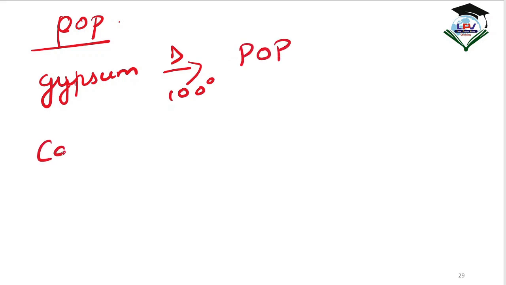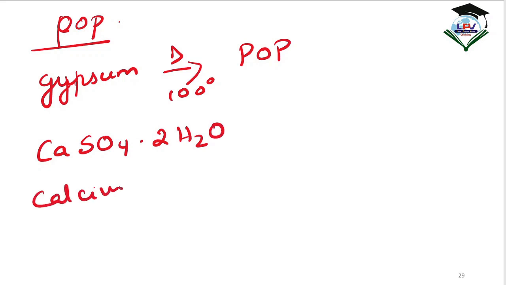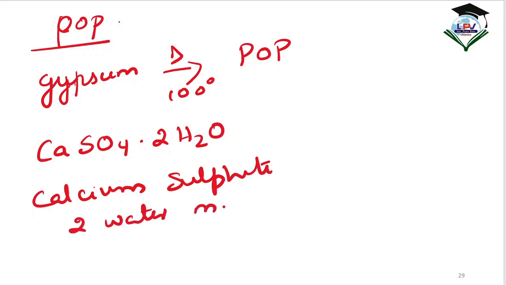The formula for gypsum is calcium sulfate with 2 water molecules, whereas when it is heated at 100 degrees Celsius,